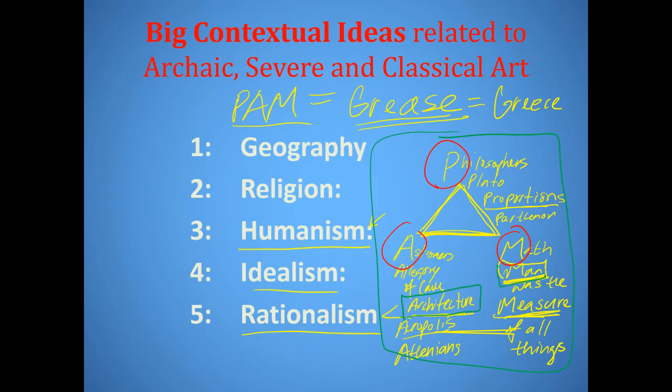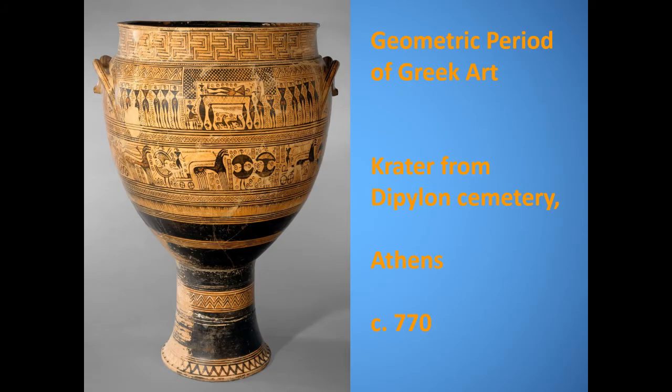This tells us that when we look at a sculpture of a man, we're not just looking at a sculpture of a man, but rather we're seeing a complex set of philosophical notions about how a man should be measured and what they stand for. And so this reminds us of the importance that art in Greek society was more than just something pretty to look at, but rather were the foundations of how they thought about the world. And we see that from the very beginning, even when we go all the way back.